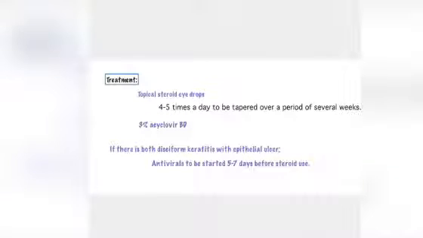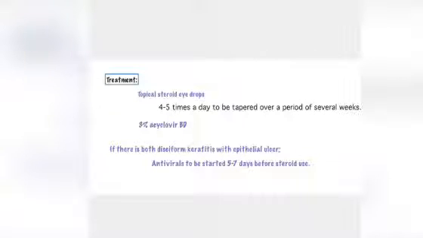Next is the treatment for deciform keratitis. It includes topical steroid eye drops. Oh my god. For the last few slides dealing with epithelial ulcers, I have told you the steroids are contraindicated because they will only enhance the ulcer. But in the case of stromal involvement, which is not the epithelium, just the underlying layer.